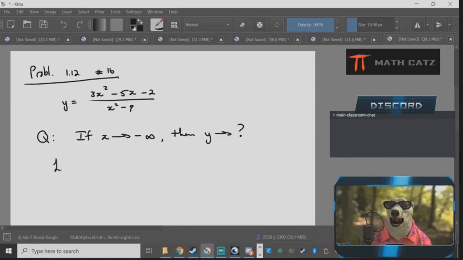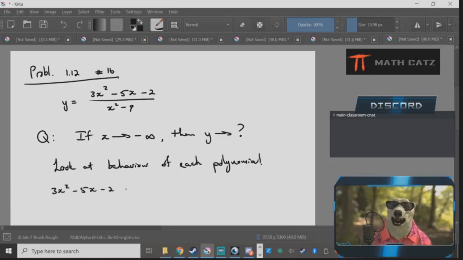So I want to look at the behavior of each polynomial. The numerator, 3x squared minus 5x minus 2, behaves